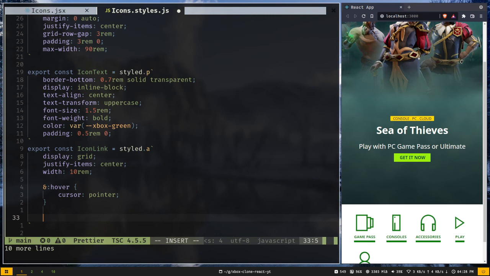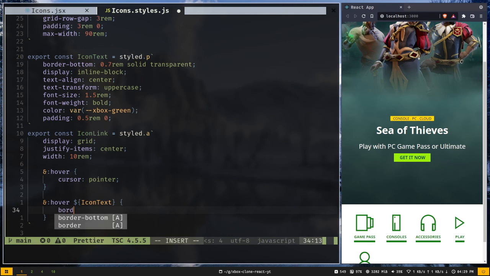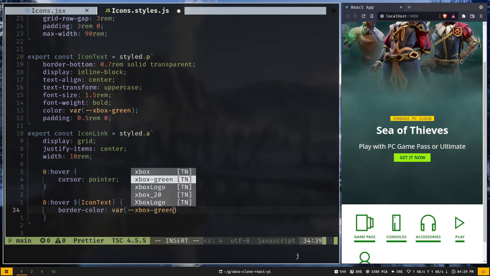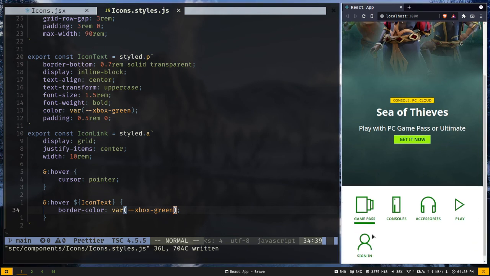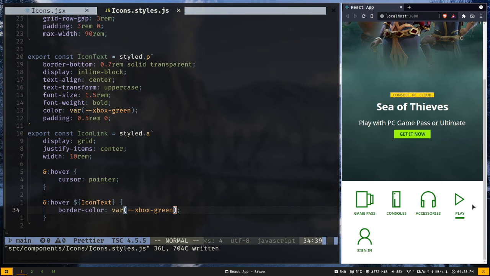So on hover of the icon link, I want to select the icon text. I want to change the border color to the variable --xbox-green. So now we don't see the border color. Now let's hover over it. You can see we can see the border when we hover over the icon link, but it is too harsh,